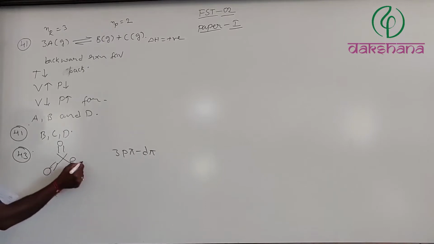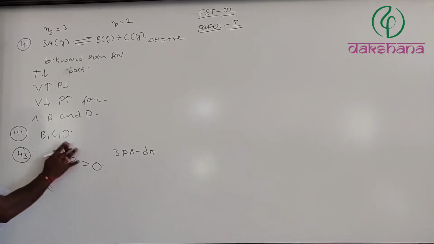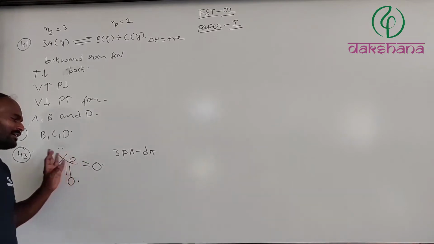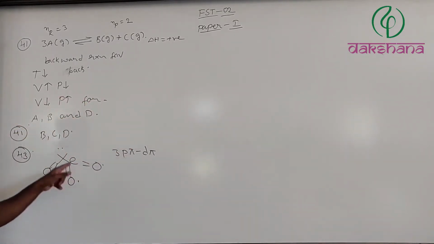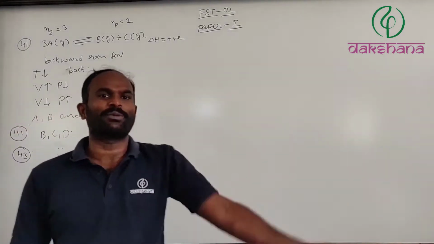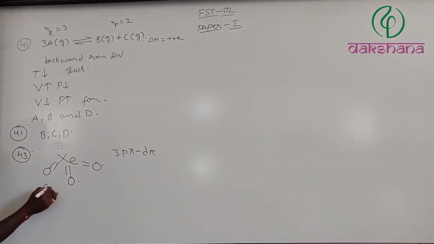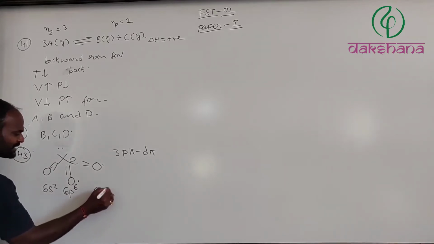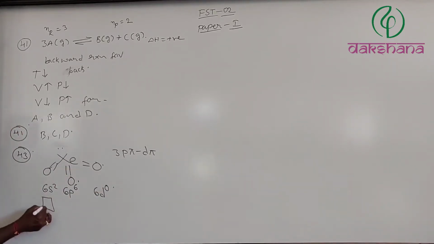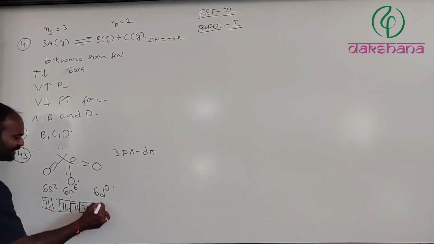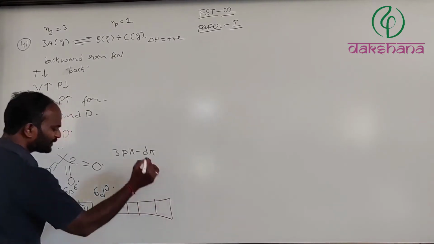XeO3, Xe double bond O. It will be having sp3 hybridization. And when you look at the electronic configuration, sp3 hybridization along with one lone pair of electrons, definitely 3 electrons could be present in the d orbital, because it will be having 6s2, 6p6 and 6d0 electronic configuration. Here 2 electrons are present in the s orbital and 6 electrons in the p orbital. No electrons could be present in the d orbital.